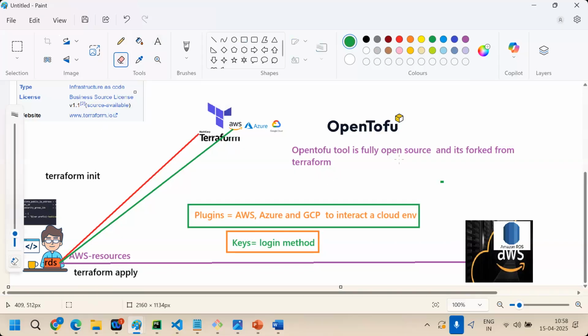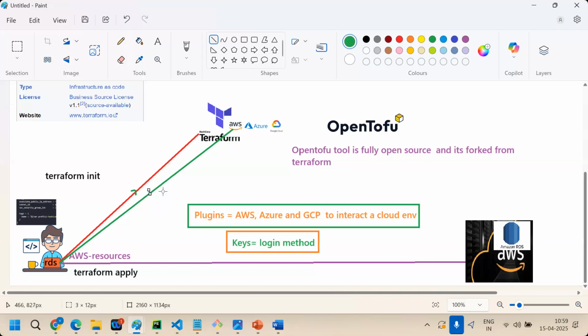I think keys need no explanation, right? You just configure the keys only. So every time you need to run terraform init first, and only then go for terraform apply.